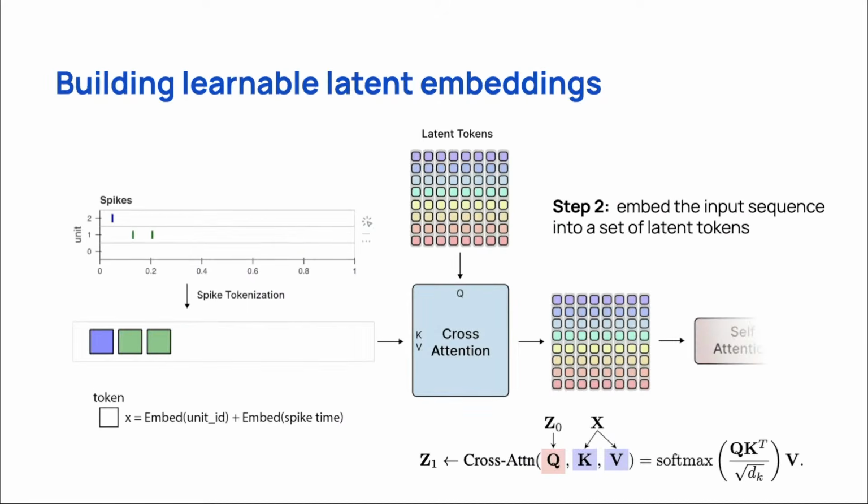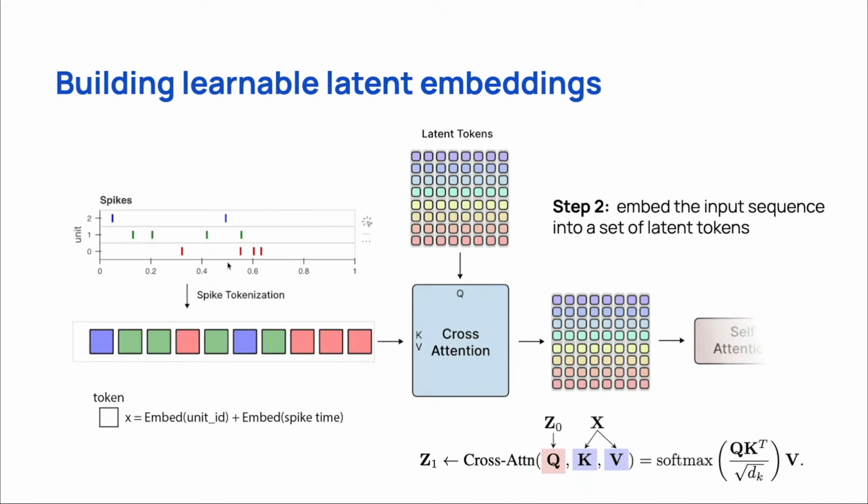And then the second main ingredient is we adapted the Perceiver IO architecture, which basically allows us to now take sequences of spikes from many different neurons, which could have really variable lengths. So we could have 1,000 neurons or 10 neurons, and so those sequences will be very different in length.